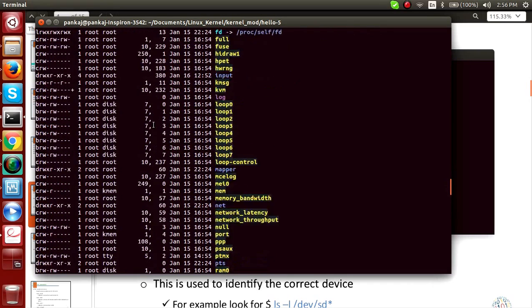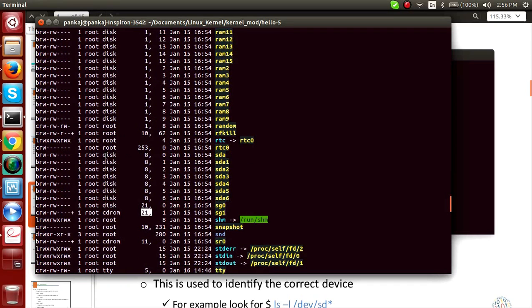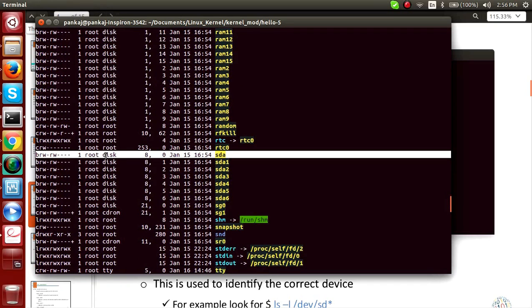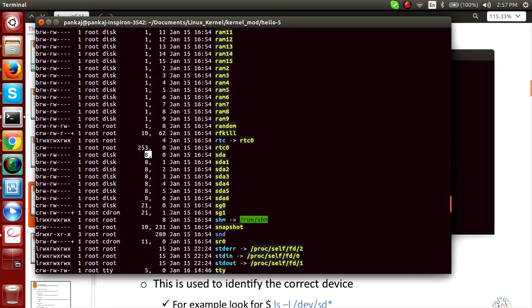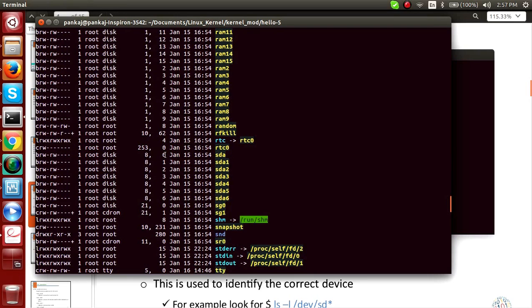Now I will take you to the disk devices. Disk devices have 8 as the major number, and it's a block device; this B stands for block device. This 8 is the major number, and its minor number is 0.